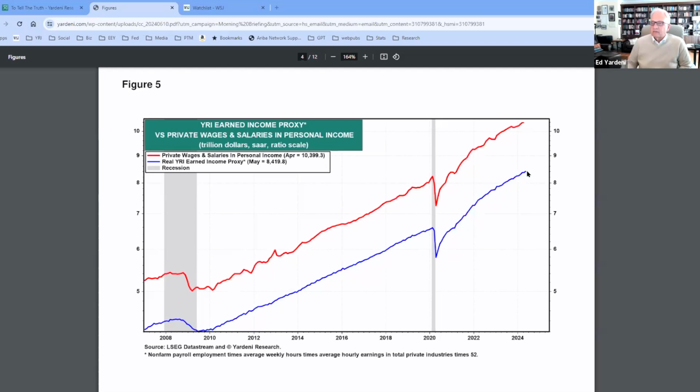So this just rose. I think it rose 0.6%, if I'm not, yeah, it was 0.4% for average hourly earnings on a month over month basis. And it was an increase of 0.2% in payrolls and zero for the work week. So you can see that's at an all-time record high, and that implies that wages and salaries and personal income will be at an all-time record high.